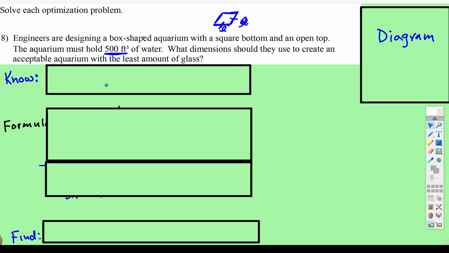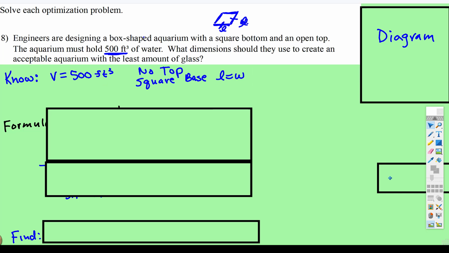We know the volume is 500 cubic feet. We know that there's going to be no top, so that removes one of the measurements. It has a bottom, length times length, but it has no top. That's another length times length that we can ignore. And the square base, that means the length equals the width. So the formula for this,